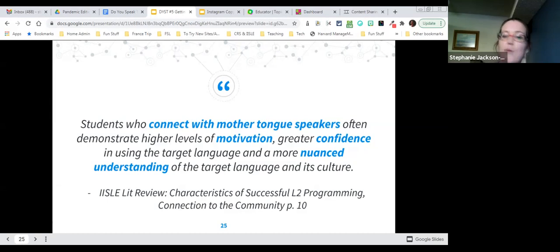And this is going to give them more motivation, again, more confidence, but we're really getting at that nuanced understanding of the target language and its culture. And that can be difficult to achieve in a second language classroom, especially if you're like me, a second language learner. So French for me is my second language. And so I come as a learner teaching the children about the language and the culture. And so connecting them with people who live that firsthand is really going to help give them that more nuanced understanding.